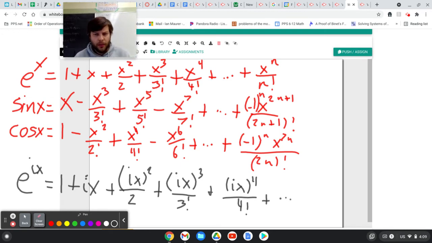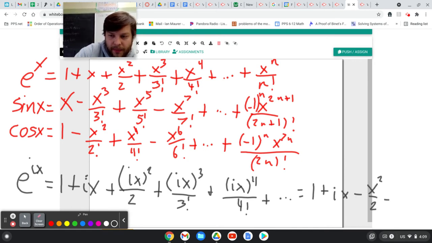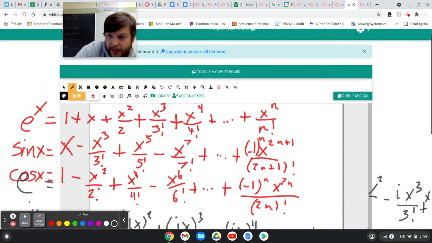Now, if you think back, what does i to the different powers mean? Well, i squared is negative 1, i cubed is negative i, i to the fourth is positive 1 again. So I can rewrite the values that I just got as 1 plus ix minus x squared over 2 minus ix cubed over 3 factorial plus,